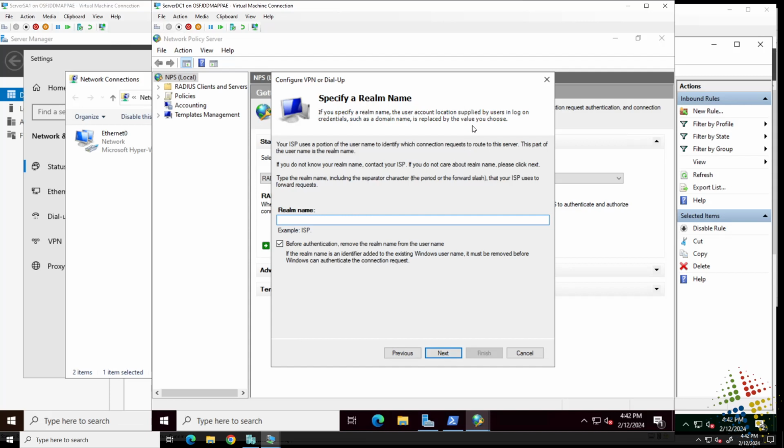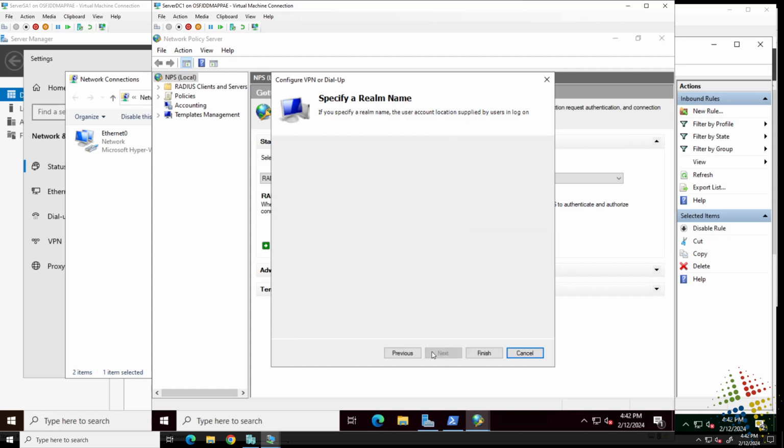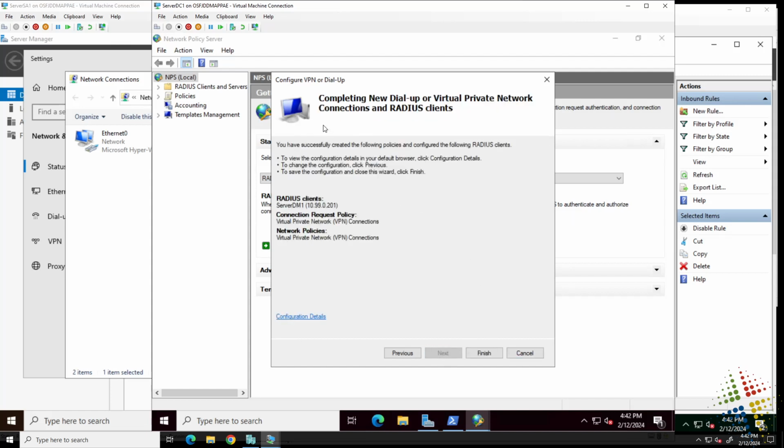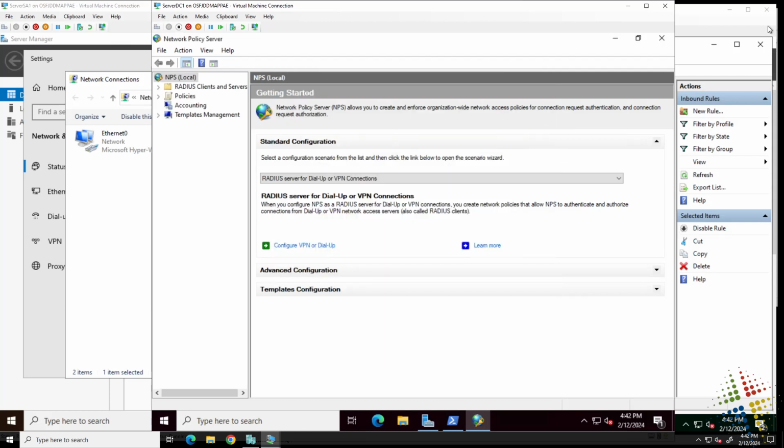Here we can specify a realm. This might be something like az800.corp. However, in our environment, we are going to leave that blank, so I'll delete that and click Next. And finally, we see our overall configuration and Finish. Now that we've configured our domain controller as an NPS server, or more specifically a RADIUS server,